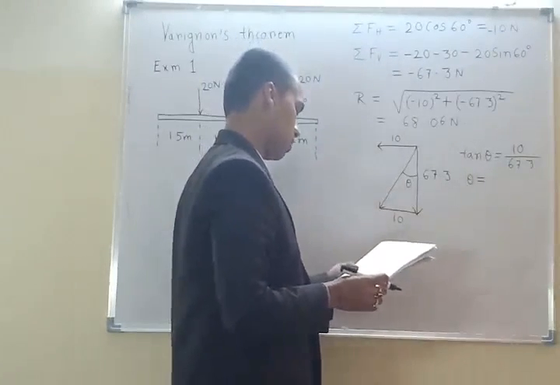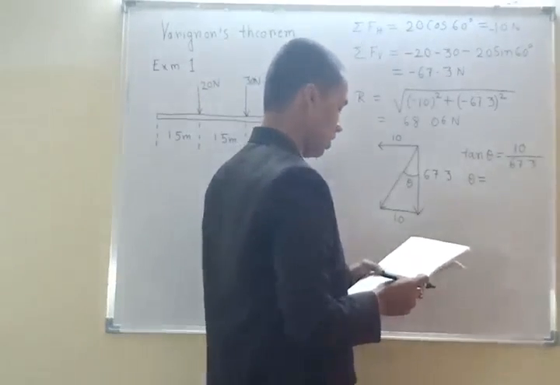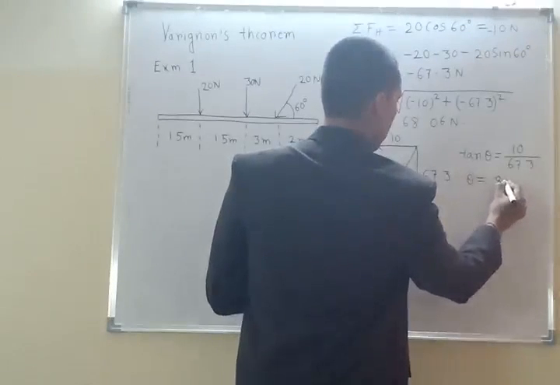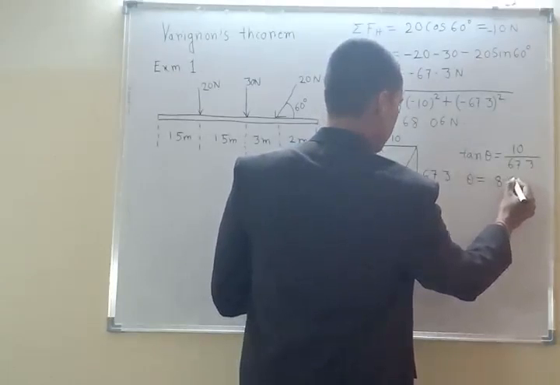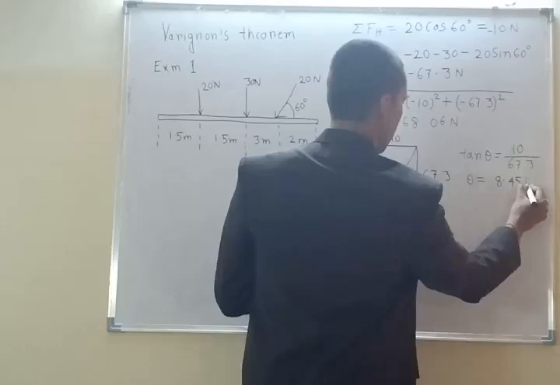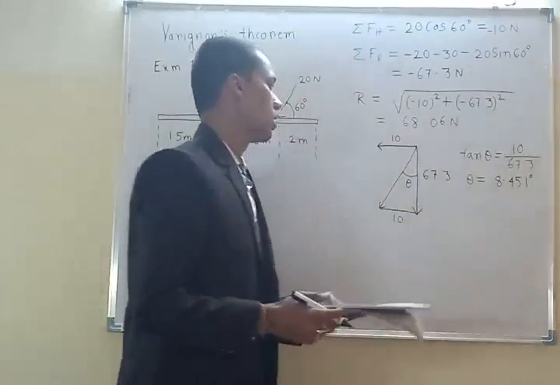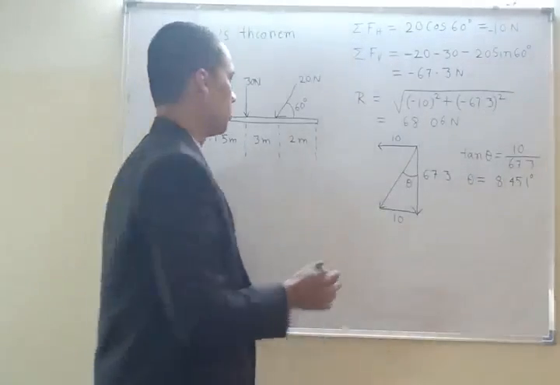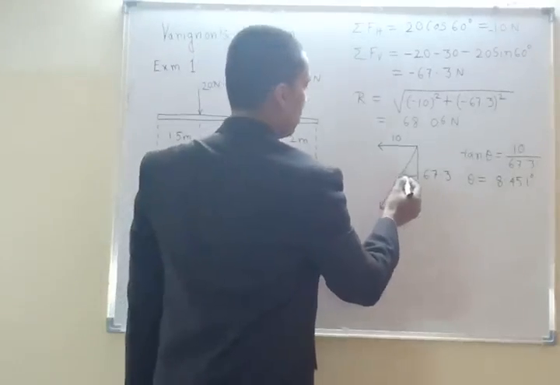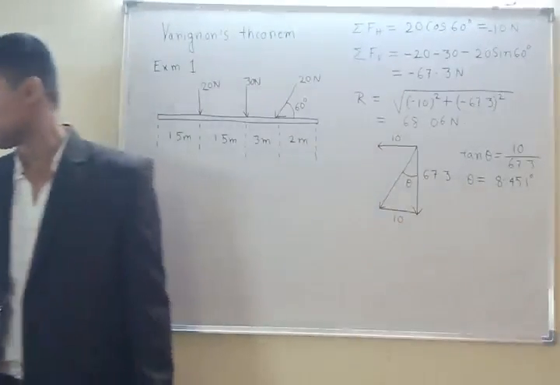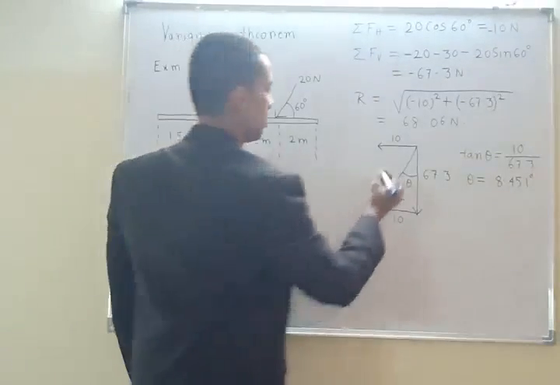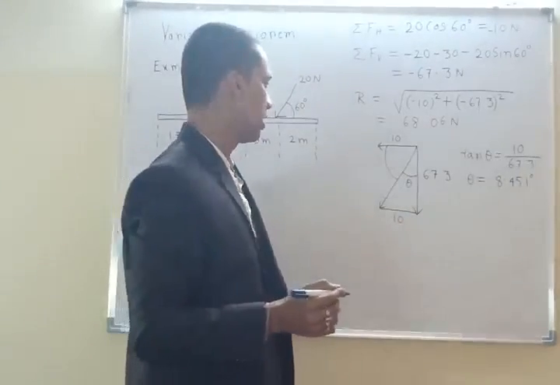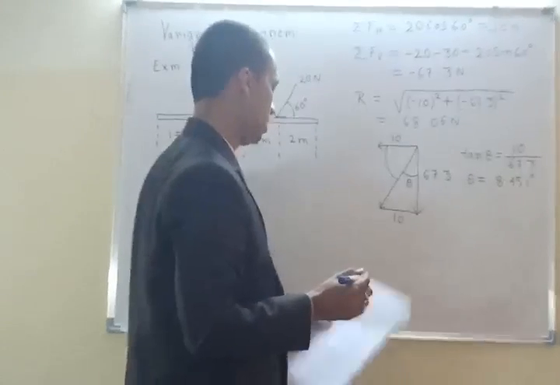Here the theta will give you an angle of 8.451 degree. If this is the theta, then this one is going to be 90 minus 8.451,